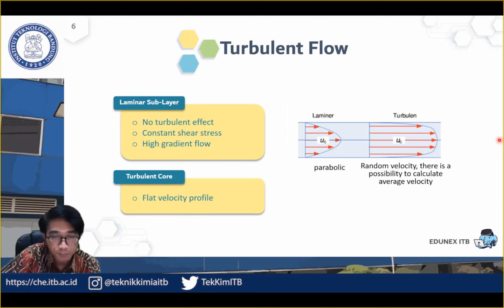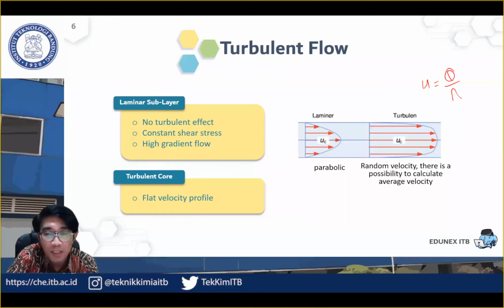Okay. The higher the velocity, the profile of the velocity will be different, right? So like the layer next to the center will have higher velocity, or maybe sometimes it will be the same as the center velocity. And basically the velocity profile is random. And then the calculation of average velocity for the turbulent is basically using this equation only.